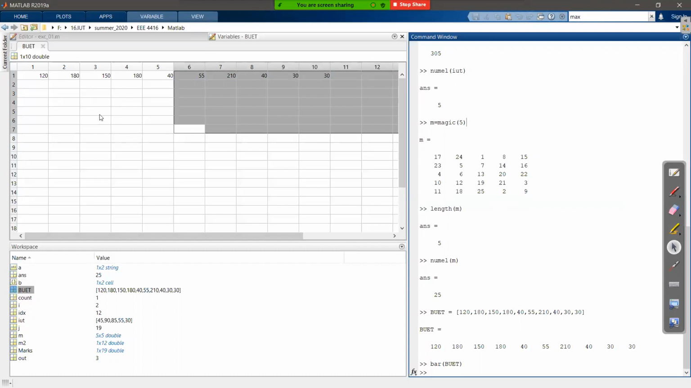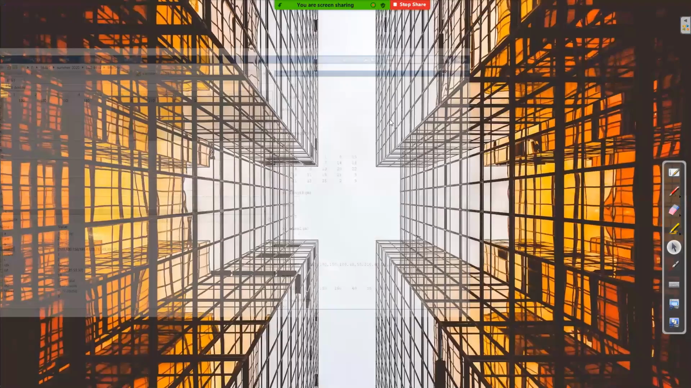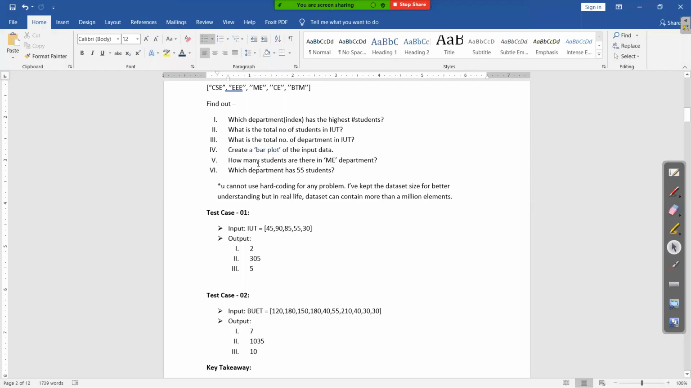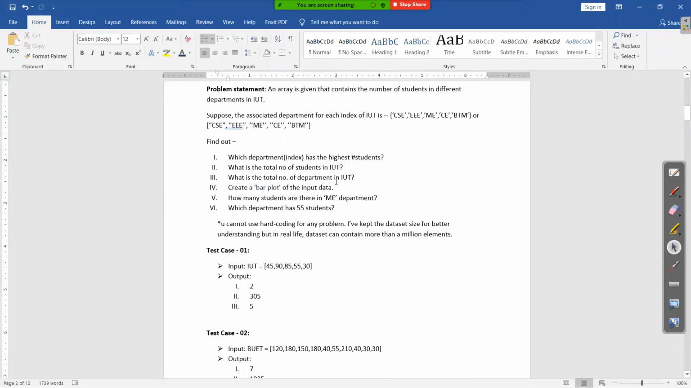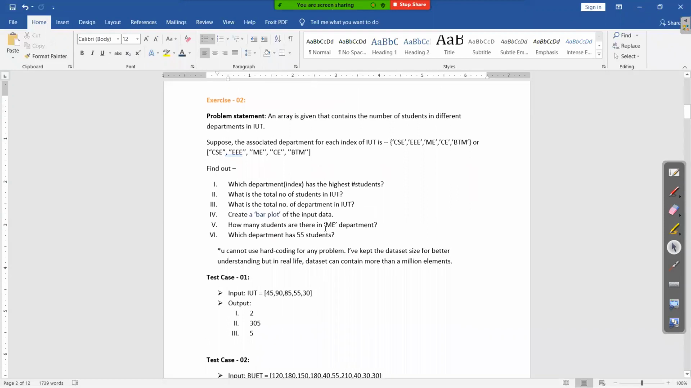Okay, so I believe it is clear. Now let's take a look at our fifth and sixth question. I didn't add the answer here. Sorry about that, I will do that later. So how many students are there in the ME department? Okay, to do that, I need to